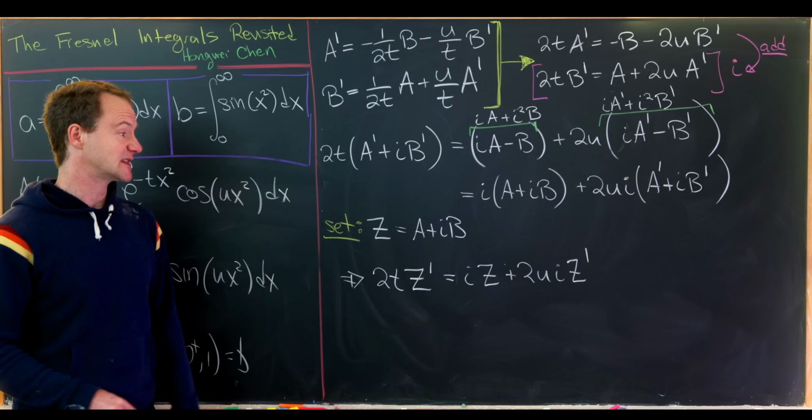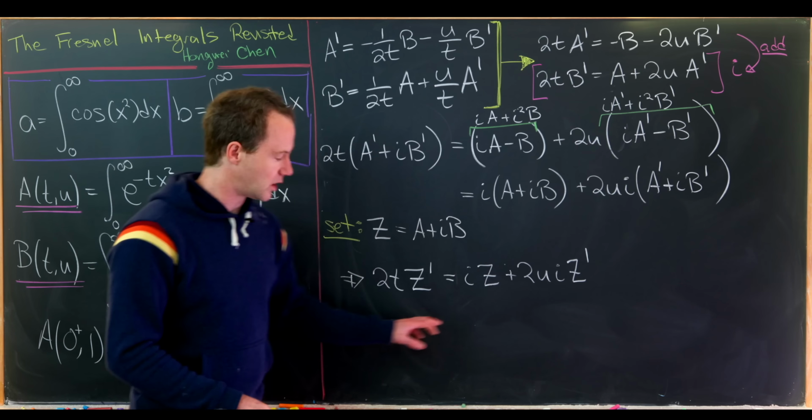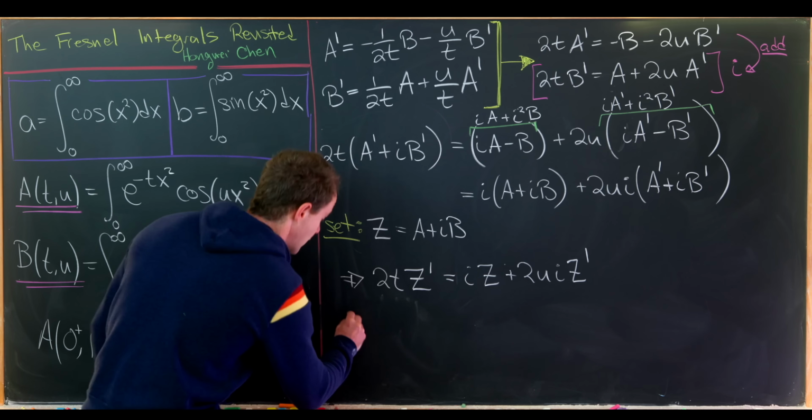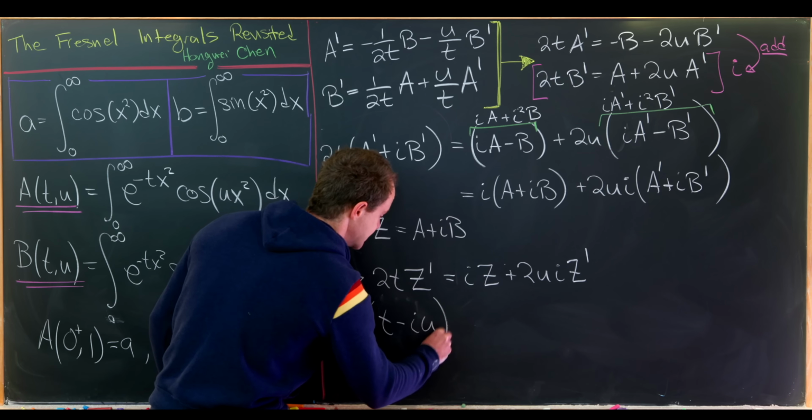But this is a nicely separable differential equation. Notice that we can move all of this stuff over, and we'll have 2t minus i times u times z prime. So just to reiterate, that's from moving this term to the left-hand side of the equation and factoring everything out as appropriate, equals i times z, which tells us that z prime over z is in fact equal